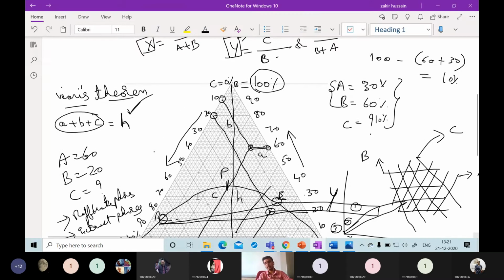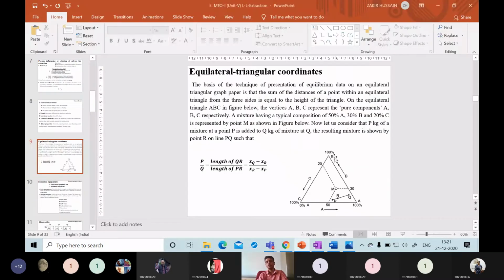We will discuss one stage, two stage, multi-stage cross current and multi-stage counter current, how these curves will be formed, and how these curves have to be projected onto the distribution graph or equilibrium diagram. We will discuss this in detail. Before that, you just practice. One or two classes you just practice before coming to the next class. Practice this graph first. So the triangular diagram, okay, this was about this one.